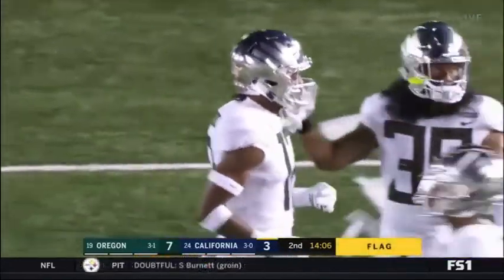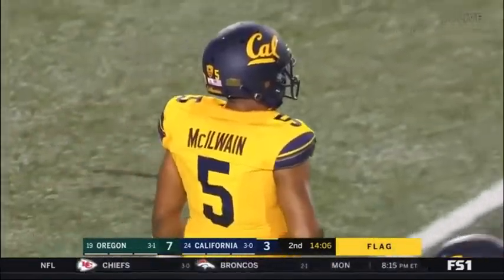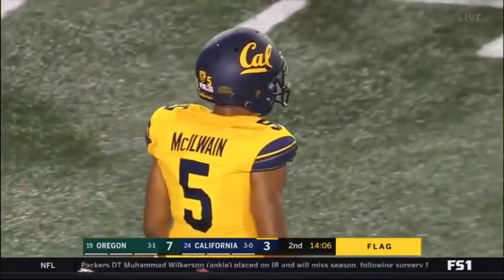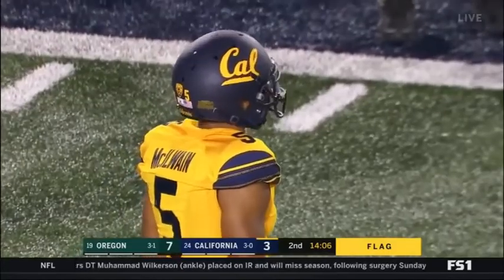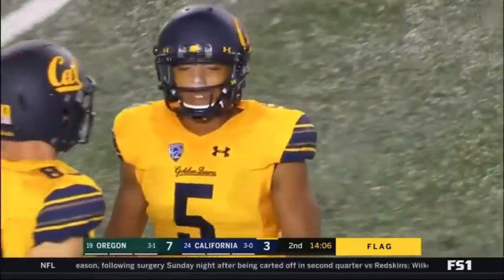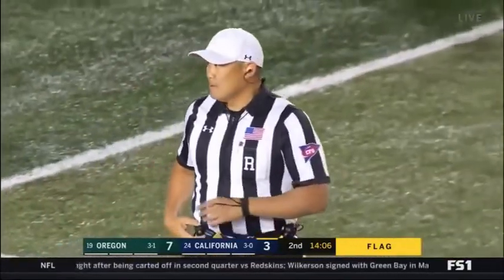McElwain, he's only had 16 attempts. You know, I'm surprised they're letting him throw the ball a little bit more than Chase Garbers right now at the beginning of the game. They're trying to add that extra dimension, as we mentioned earlier. But if I'm this coaching staff, I want to have Chase in there a little bit more and throwing the ball, because he's had such a...